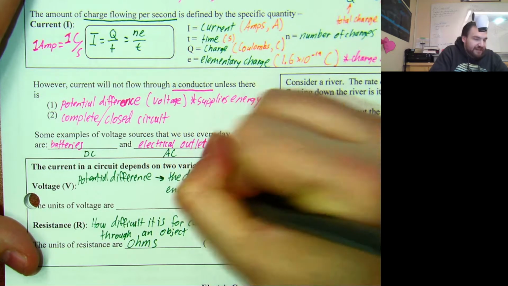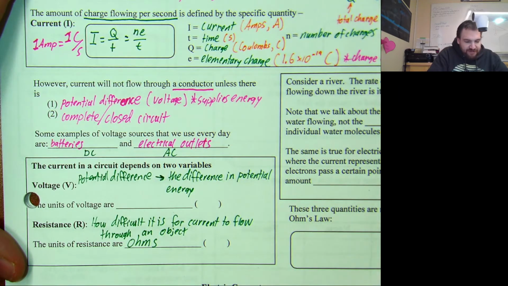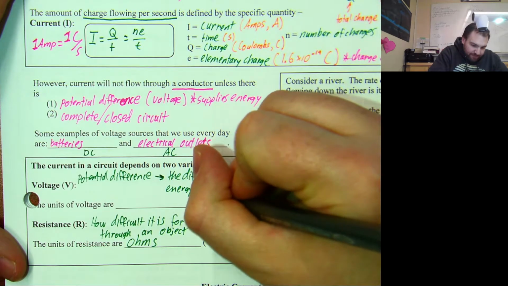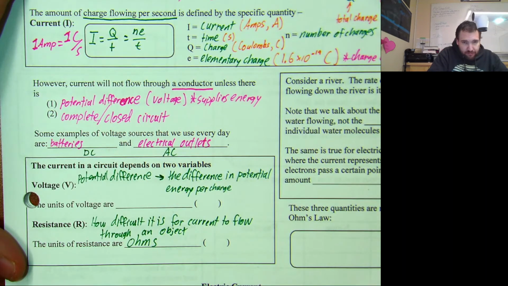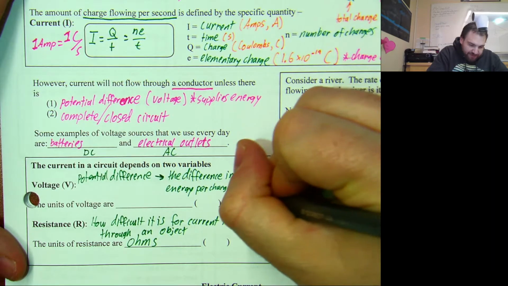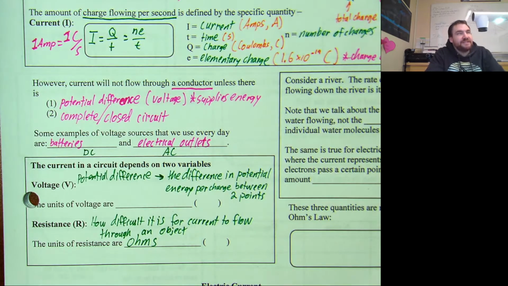In this case, the potential energy isn't gravitational, it's not spring, it's electrical potential energy. And so the potential difference is the difference in potential energy per charge between 2 points. And the units of voltage